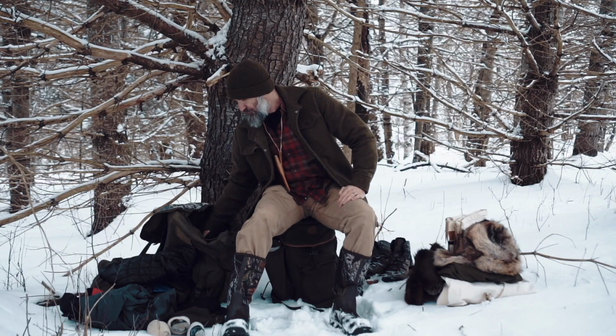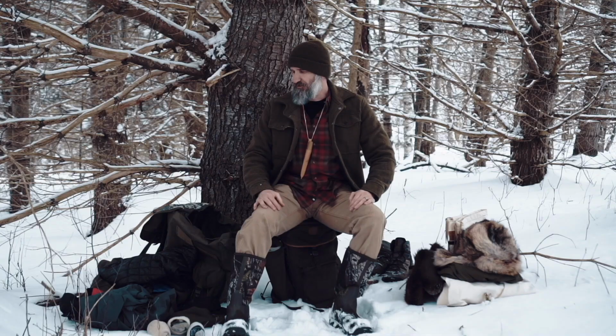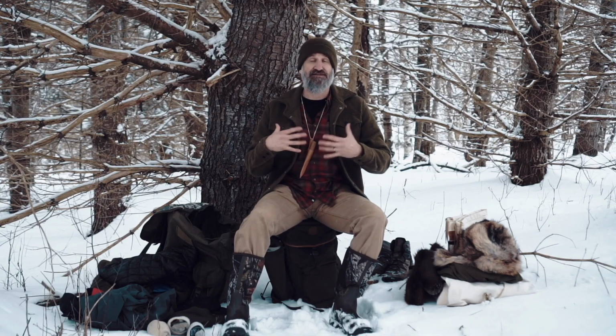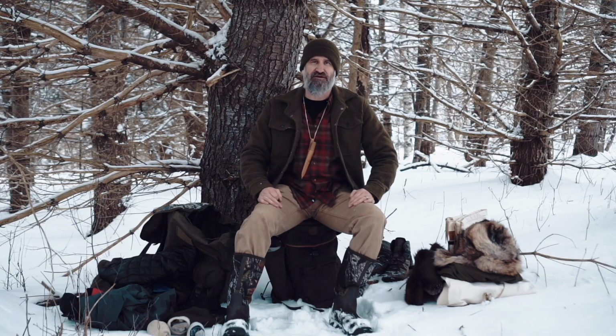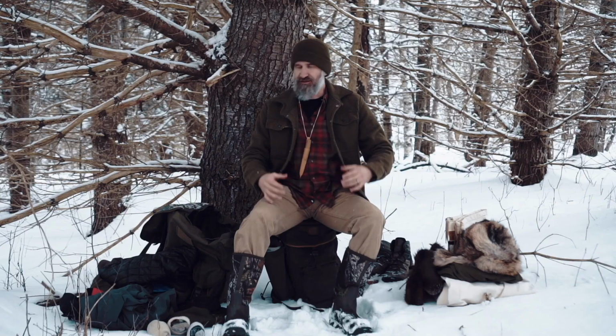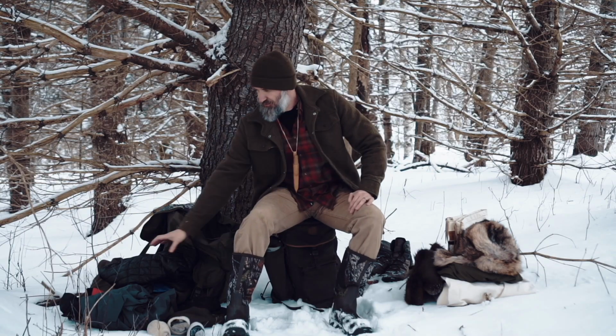But that's my base layers, a little bit of the insulating layers. And after that, I want to think about insulating layers in the context of insulating my core, right? The legs are really not going to be all that cold. They can get cold, but as far as additional insulating layers for my upper body, my core, I like to have,